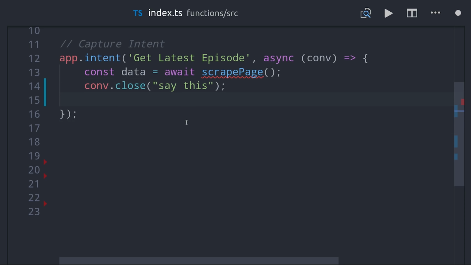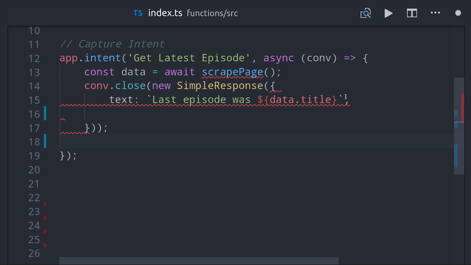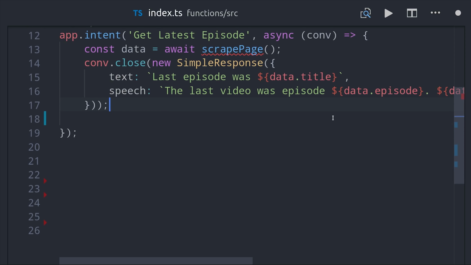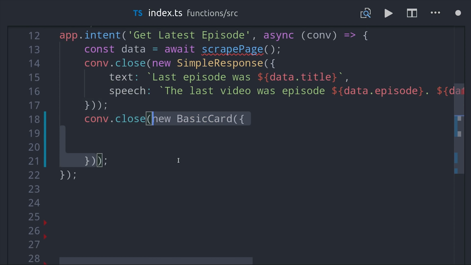You could just pass in a string here, but I think it's easier to use a SimpleResponse, which allows you to control both the text and the speech that the bot will return. So the text will be nice and concise, and then the speech will contain additional information such as the full episode description. So that's great for text and speech only applications, but things like smartphones can handle more than just